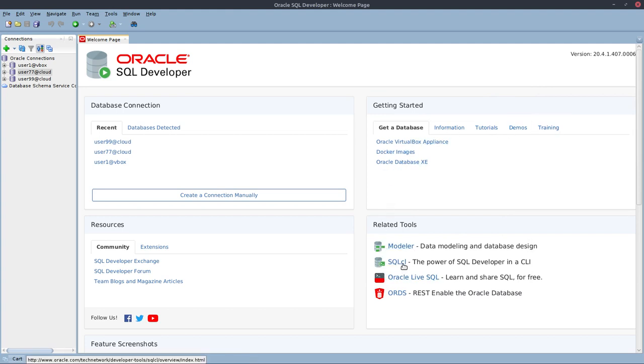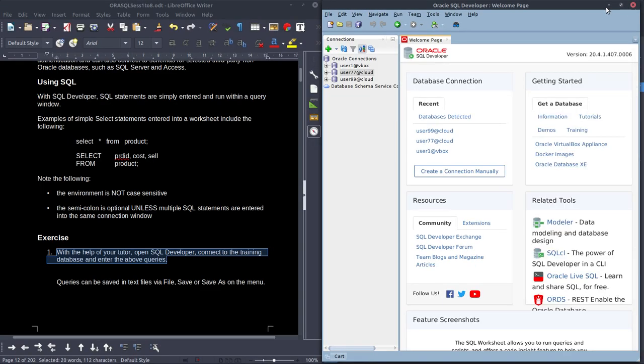Down here, this is command line, so this is SQL Plus, I think. This one allows you to run Oracle Live SQL in a web browser for free. I mean, you'd have to create your own tables, but it means you don't have to create your own database, which is quite neat. Now, if you click on Create a Connection manually, what I'm going to do is show you a connection that I've already got, which is this one,